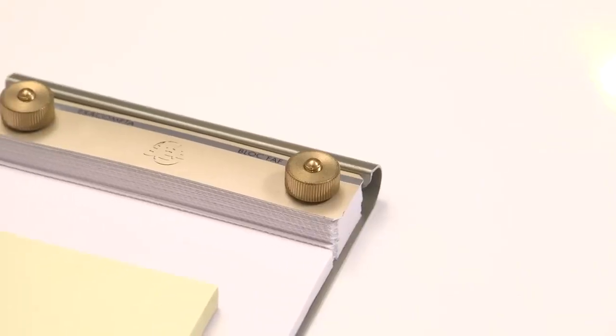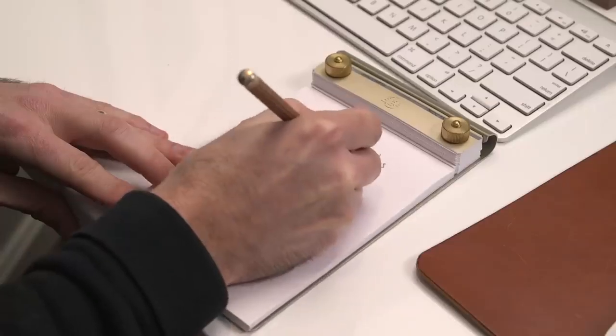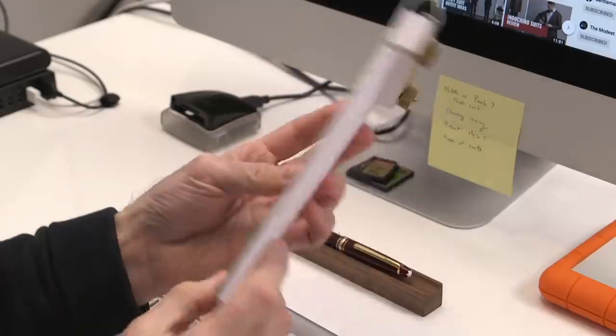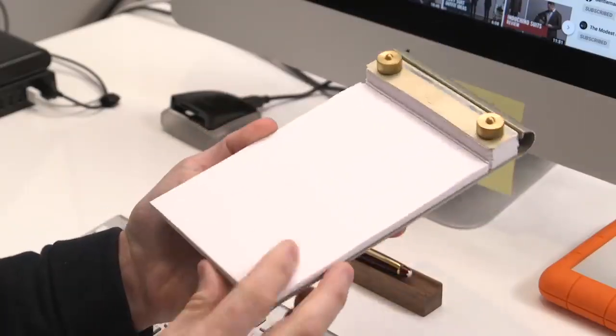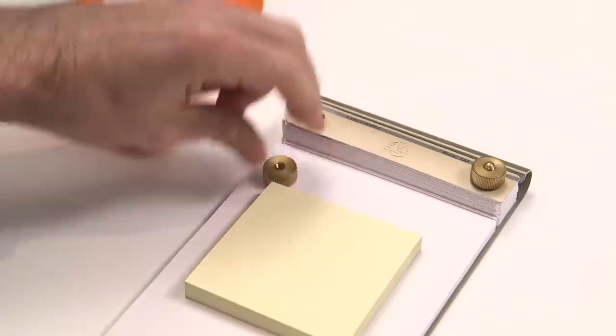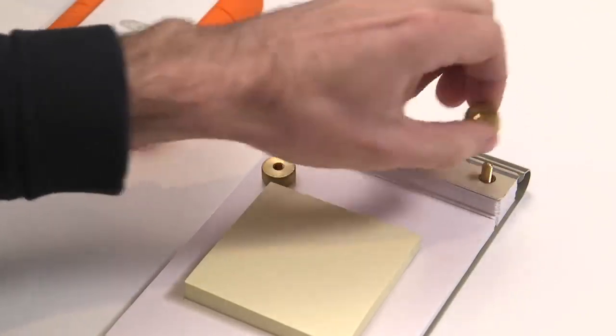So 2 ways that I do that. I have a desk pad here. It's by Exacompta, also available in the shop. It's a very simple desk pad. It's metal, has rubber feet on the back so it doesn't slide around or scratch the surface of the desk. One of the best things about this is that it's refillable. You just unscrew these two nuts right here, and then you can load in another pad when you're finished with